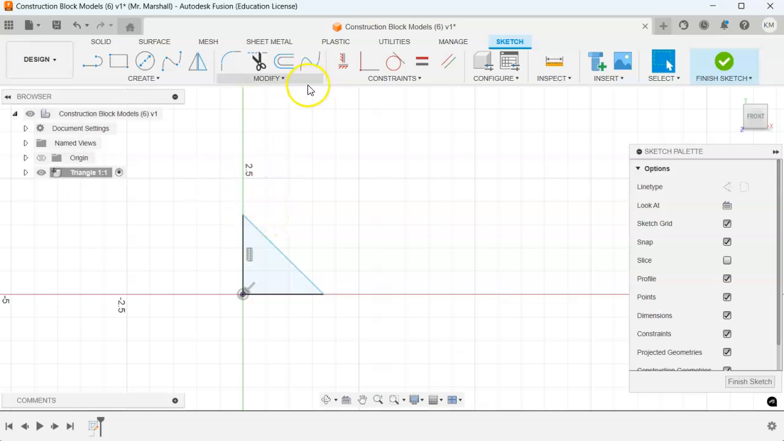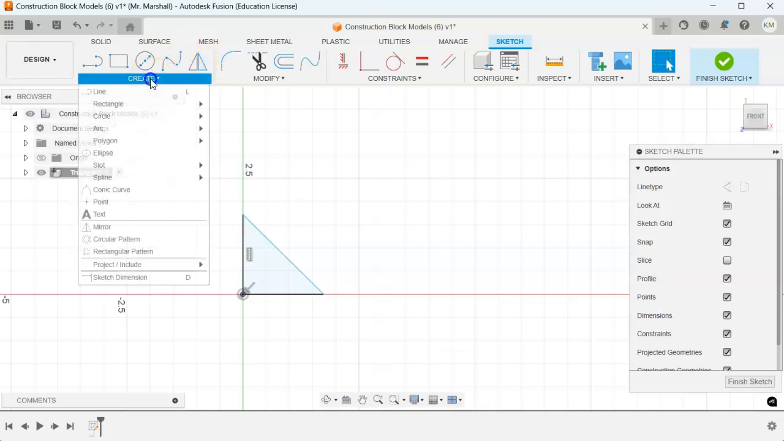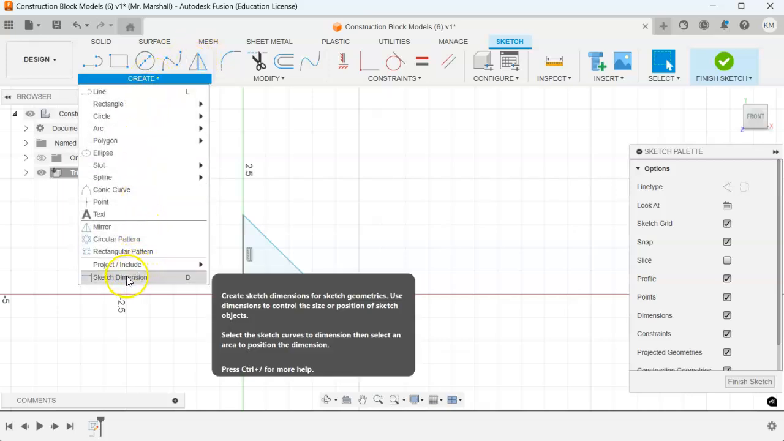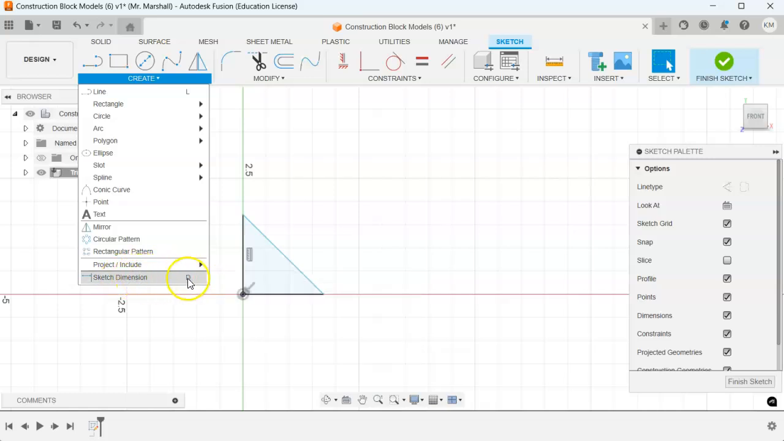Now I've got a smaller screen here, so it's not up in my toolbar. I'm going to have to hit this drop down arrow. I'm going to move down here to Sketch Dimension. This is a constraint that we commonly use. I can also hit the letter D on my keyboard. I can just type the letter D and hit enter. It'll also let me move to this tool,